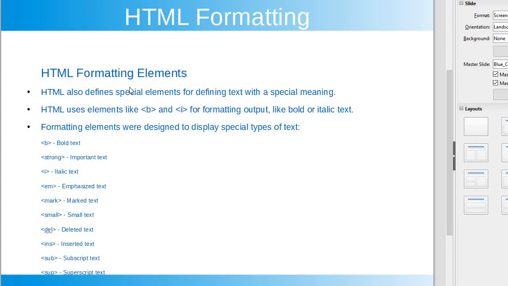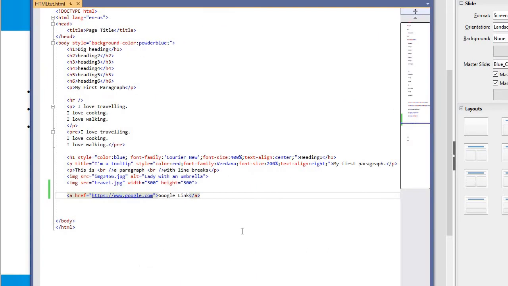This is part 2 of HTML5 tutorial for beginners. If you have not already seen part 1 of this tutorial, please go through the video. I have covered in part 1 what is HTML, HTML editors, HTML attributes, HTML headings, HTML paragraphs and HTML styles. So in part 2 we'll start with HTML formatting, and before that